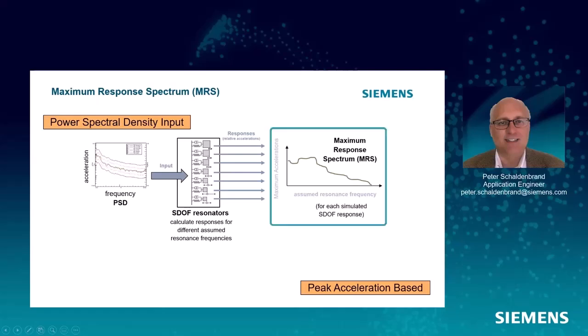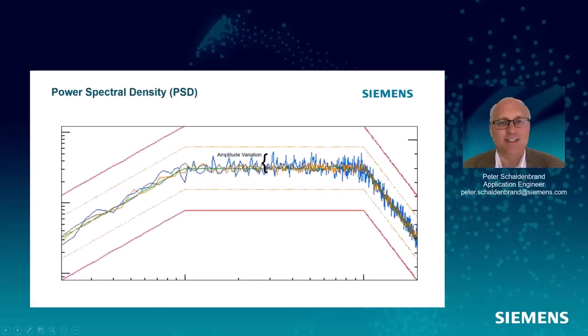The maximum response, we call it the maximum response. And if you look in literature, on the internet, you also might see extreme response spectrum. Again, it's peak acceleration based on a PSD input. Now, the problem with PSDs is at each line, we don't really know what the amplitude distribution is. So we're going to assume a Gaussian distribution. Sometimes that's good, sometimes that's not so good. Okay, and I'll show you how to see it in the data. So at each thing, we're going to make an assumption. And that's why if we can use time as the input, it's a little more robust.